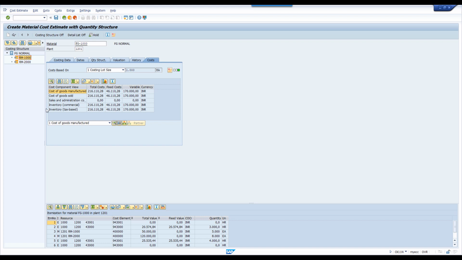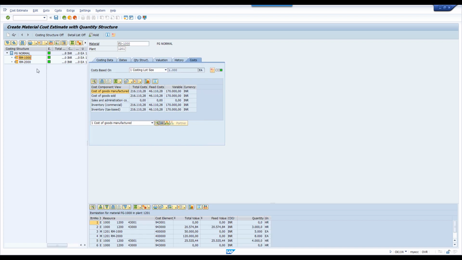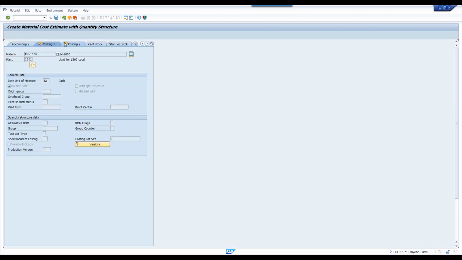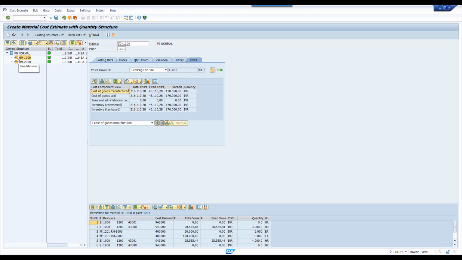Click on this one. Maybe navigating from here. Switch currency, master data. This is in RM. See, go to costing tab 1. See here, do not cost. If you remove this, for this also system is going to cost. What is the impact if I remove this indicator for raw material as well? Let us assume we have many articles. For raw material also we didn't select do not cost.